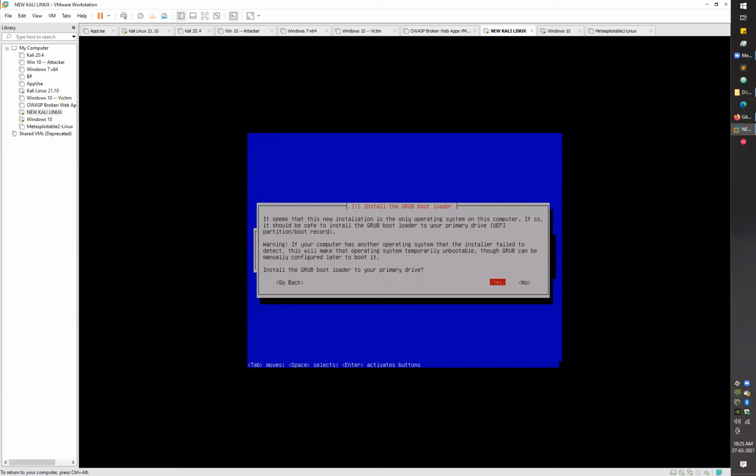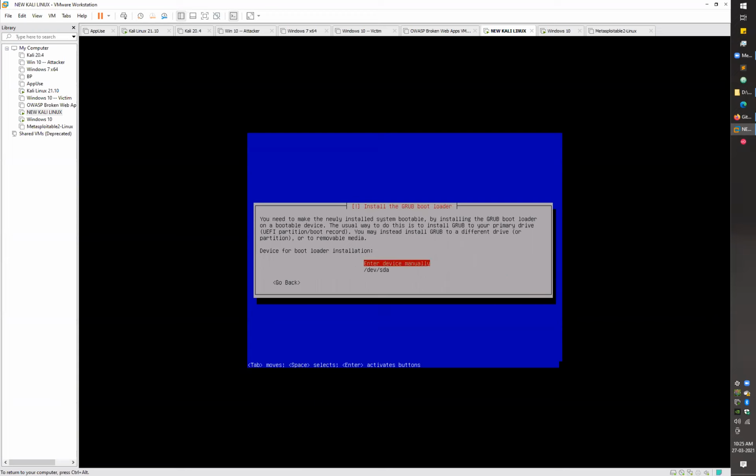So after installing the desktop environment and downloading different things for Kali Linux, you have to install the bootloader, because we know for booting our OS, we have to use the bootloader, right? And in the case of Kali Linux, Parrot, and BlackArch, for all these, we use the GRUB bootloader. You have to install it manually. Just go with yes, you want to install the bootloader, and just select your drive from where you want